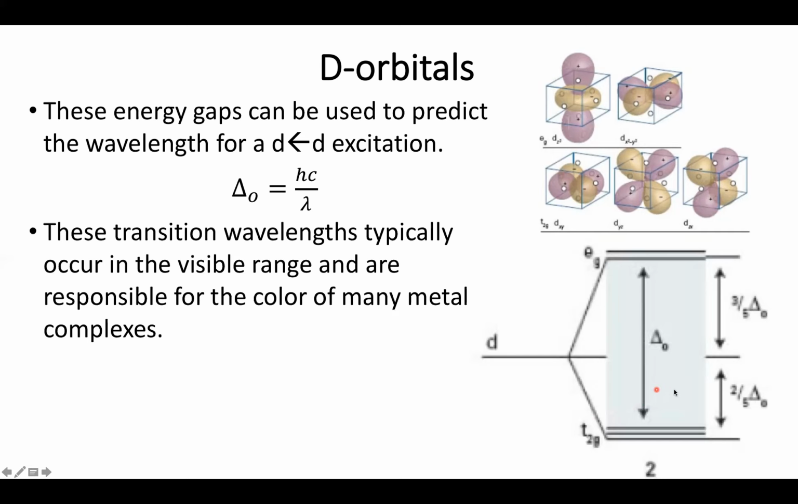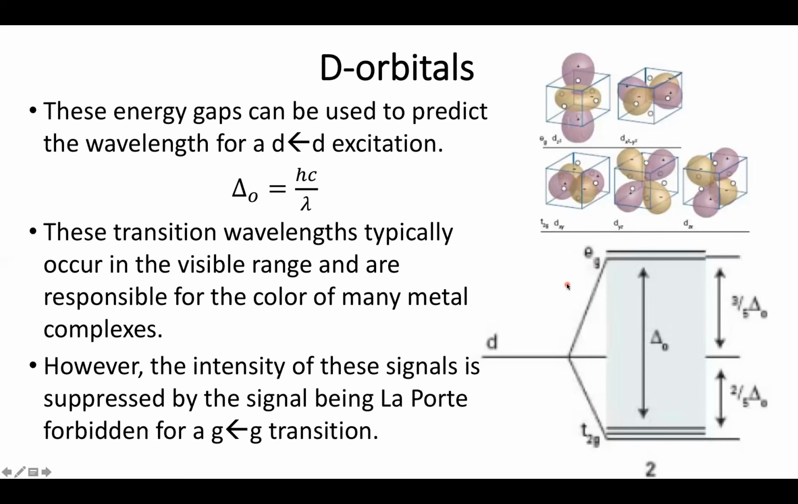And gives us a lot of information about the bonding character of so many different metal atoms. However, one of the things that is worth noting: both of these d orbitals do possess gerade symmetry. So this means that while this absorption does occur in the visible spectra, it's often not as bright as it could be because it's often